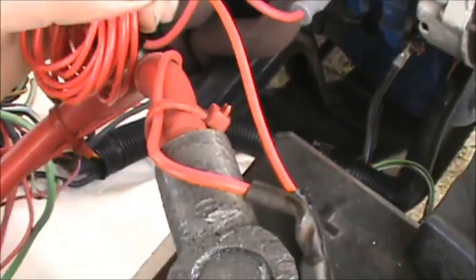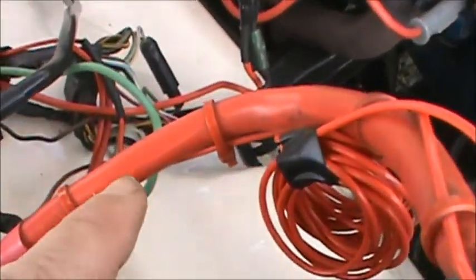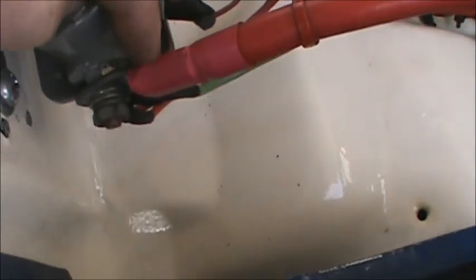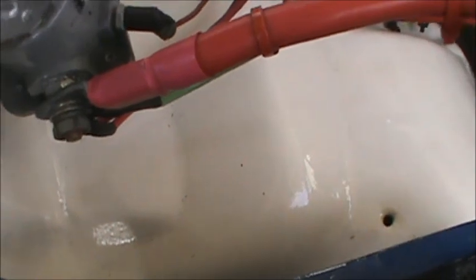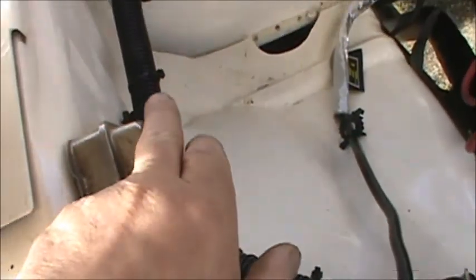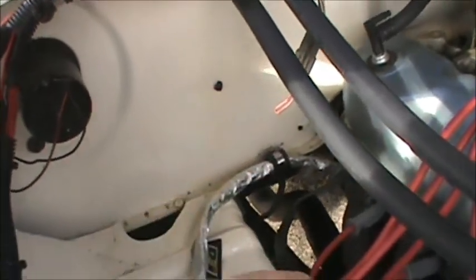So anyhow, what I just had to do is this will be my power lead right here, coming right off the battery. Sorry about that close up. I could jump across, or put it to here and then run it, but it doesn't matter. I'll just run it straight to the battery. Now I'll run it down through here, along this wiring harness, up and along, then down to,